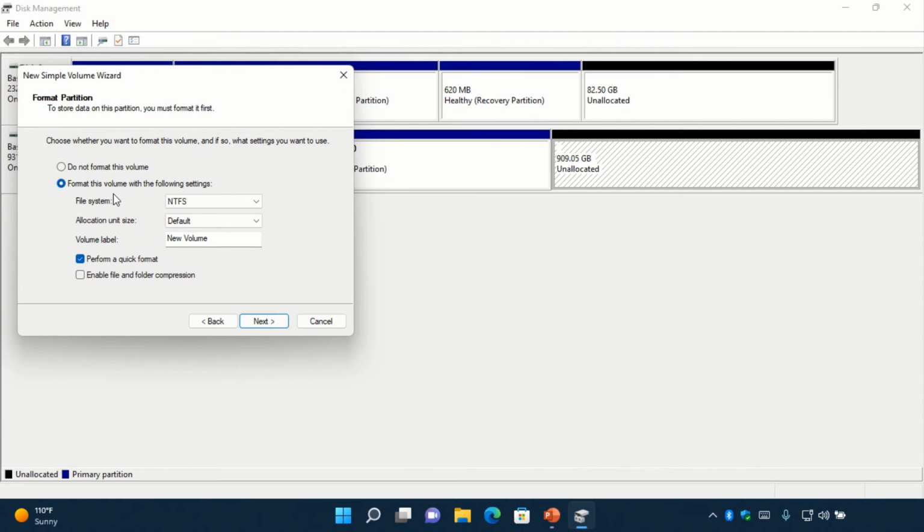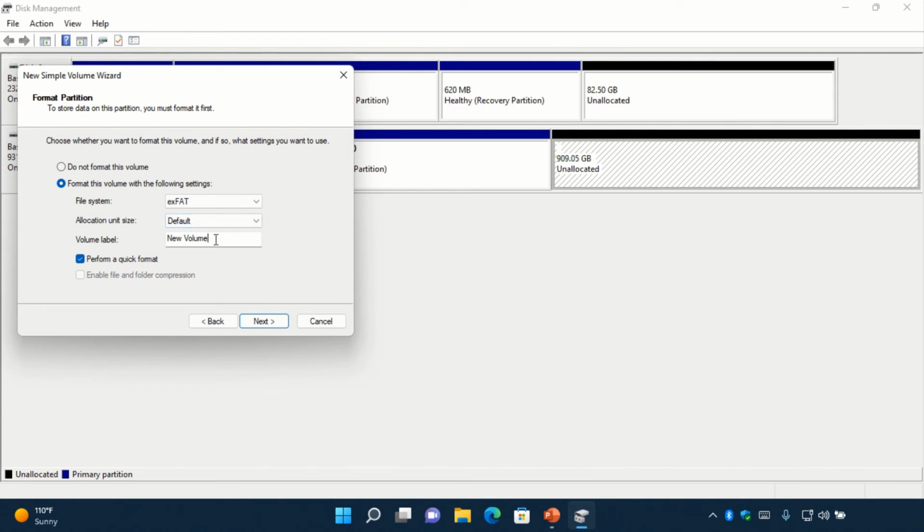Again, it asks me the file system for formatting. Now let us see what options it will give me. You see now, it gives me exFAT and NTFS. And I think you know why it's not showing me FAT16 and FAT32. Because my new partition is 60 gigabytes, and FAT16, if you remember, can go up to 4 gigabytes, and FAT32 up to 32 gigabytes. And because this partition is larger than these two limits, now I am left with only two options. So let me use exFAT,